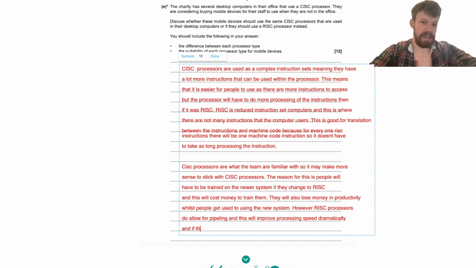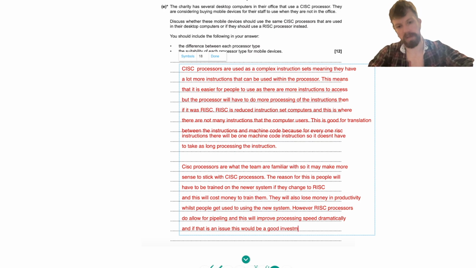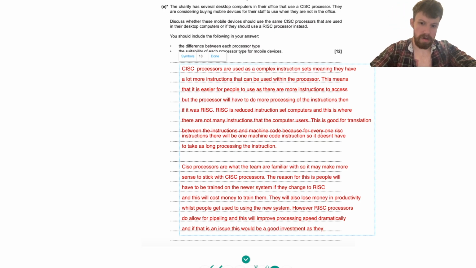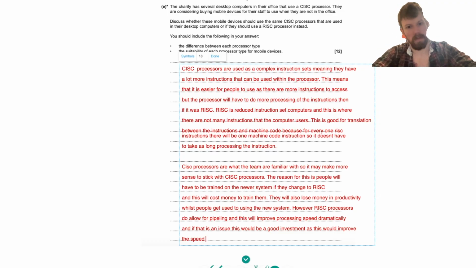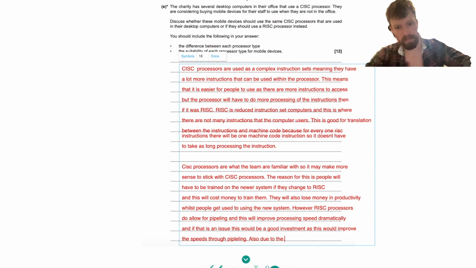And if that is an issue, this would be a good investment, as this would improve the speeds. Pipelining. Also, due to the